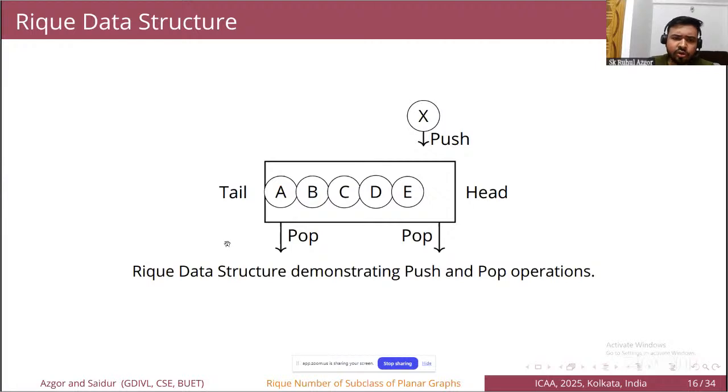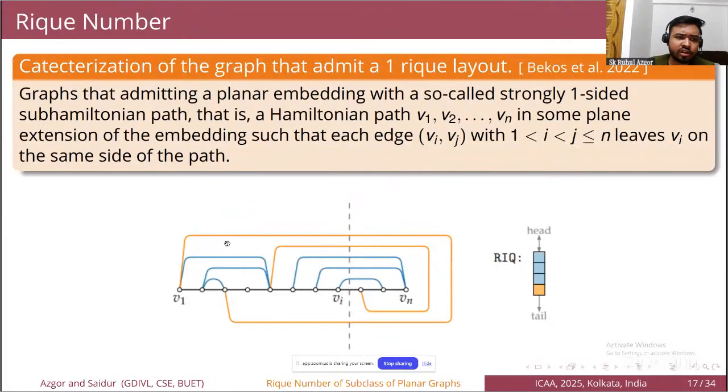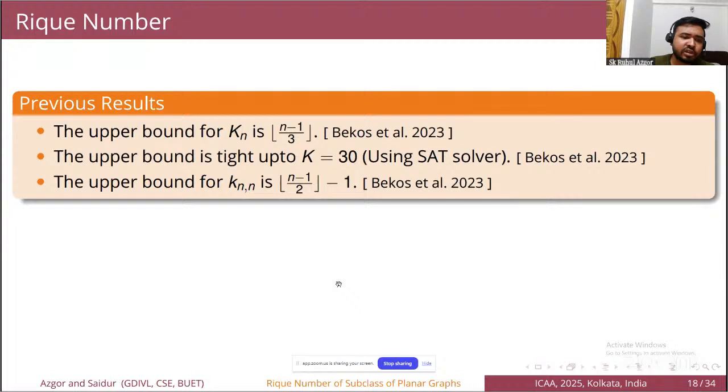Now, in this field, we already know the characterization of graphs that admit an on-RIC layout. These are the graphs with a so-called strongly one-sided sub-Hamiltonian path. That is a Hamiltonian path with a kind of embedding such that each edge will leave the same side of the plane. And a little bit about the upper bound of complete graphs and complete bipartite graphs,